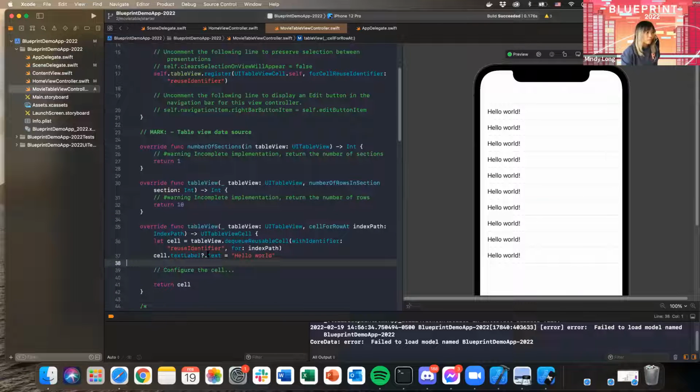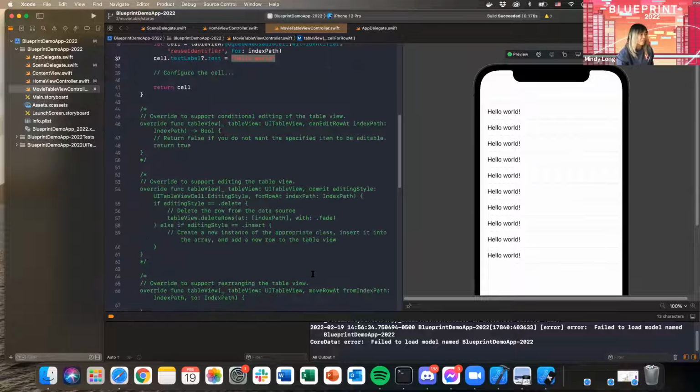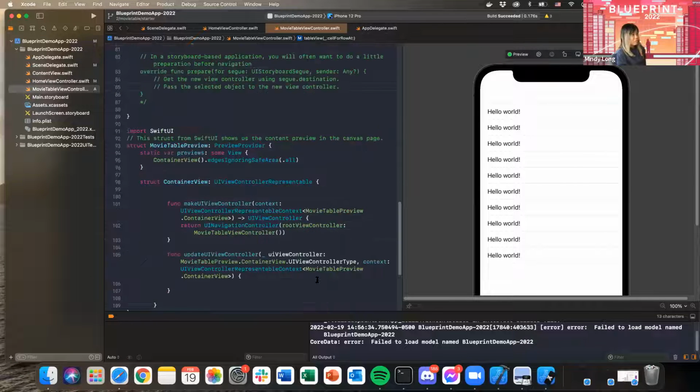But maybe the user does want to use the label, so you also want to handle that case, which is why now you can see words on the screen. This is just going to set up the next session where we'll be manipulating